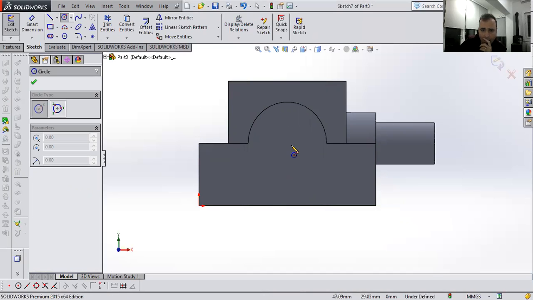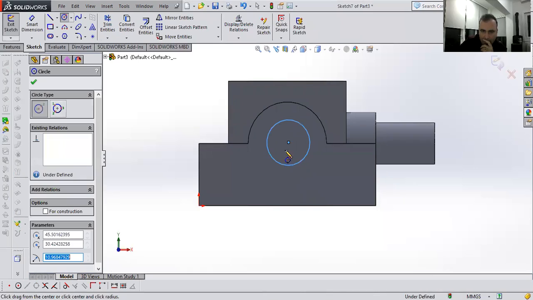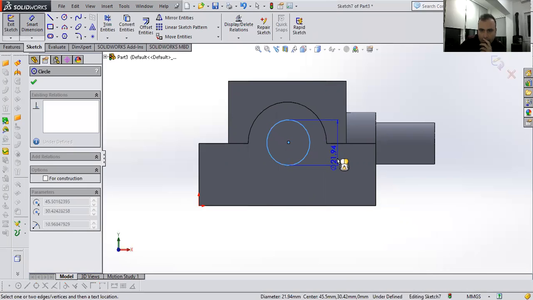This is a problem actually, but I will show you how it's possible to solve this problem, okay? Make a circle in any points which you wish, okay? Now, if I put a dimension for this circle, look here, it is 20,